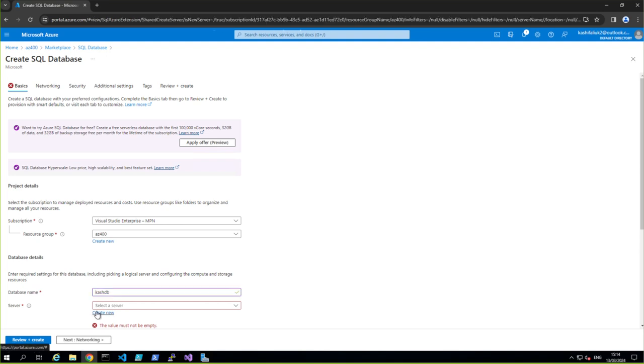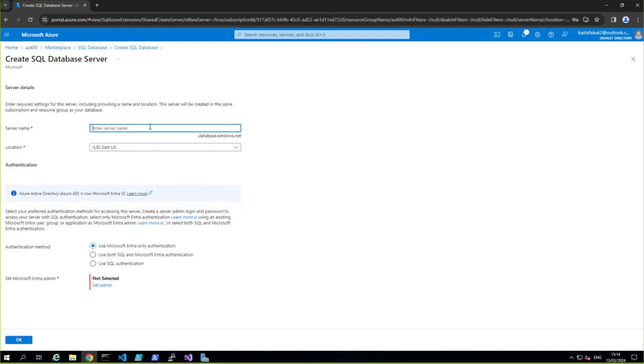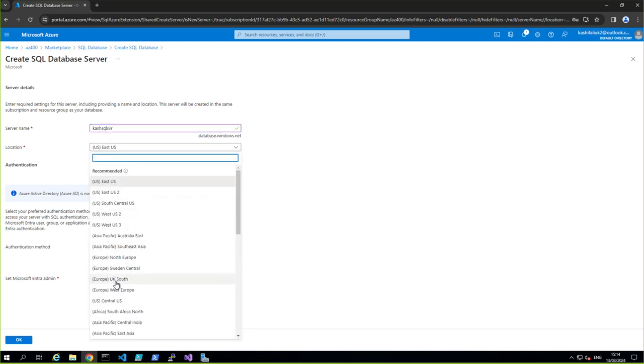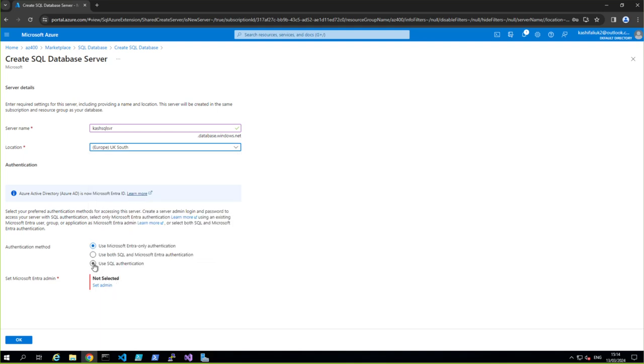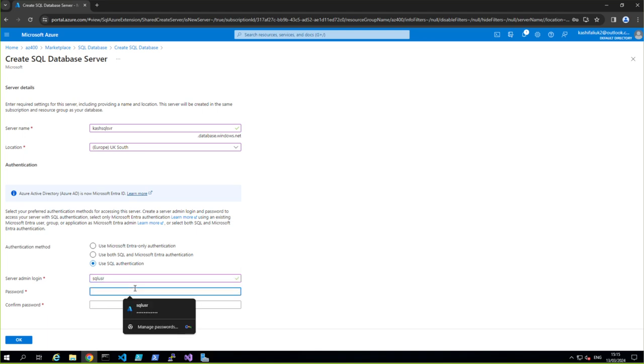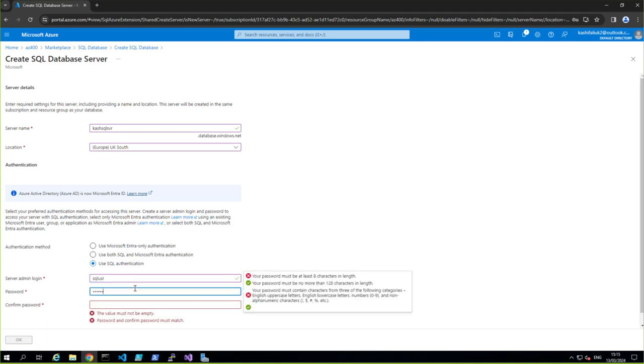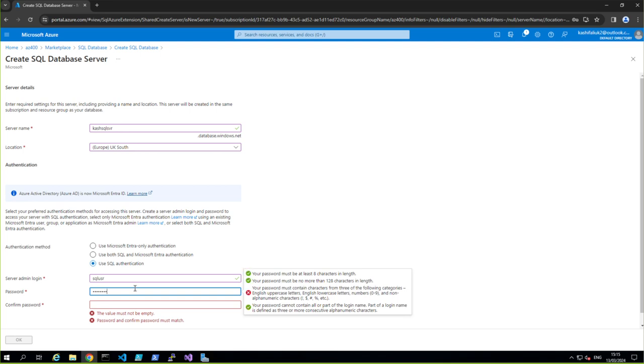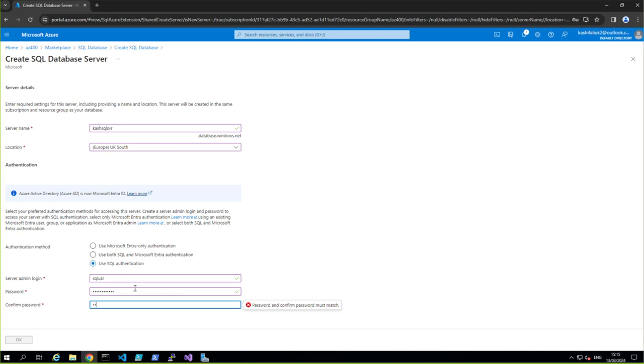Create a server, call it cache SQL SVR in UK South, and with SQL authentication, SQL USR, and password PASSWORD123 exclamation, confirm PASSWORD123 exclamation. Okay,